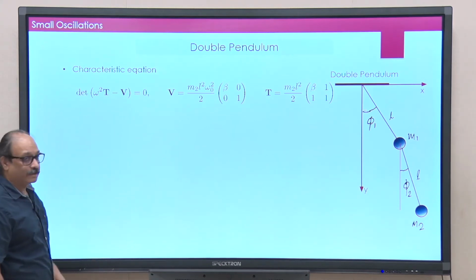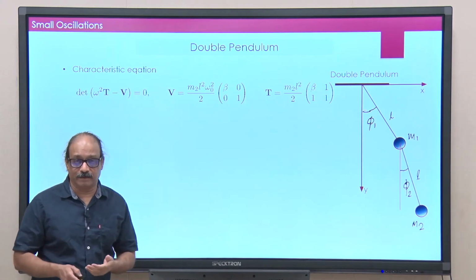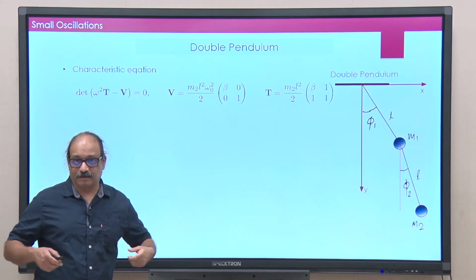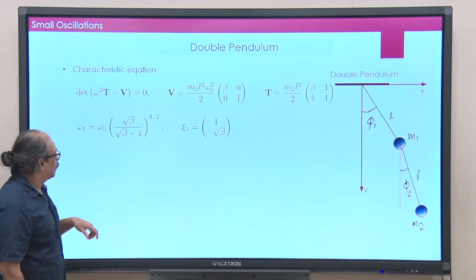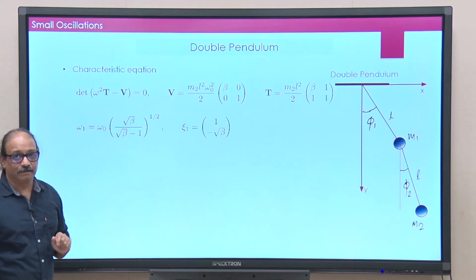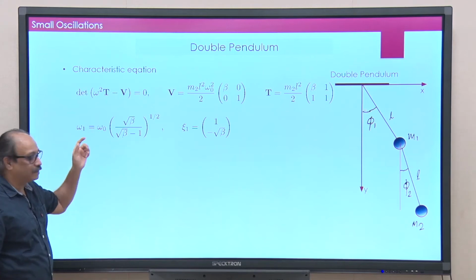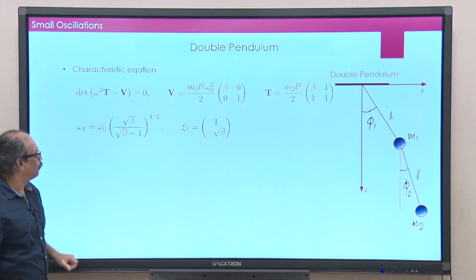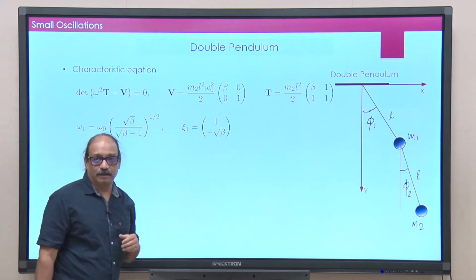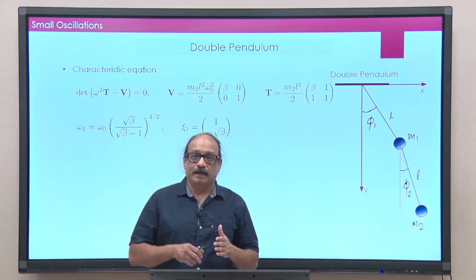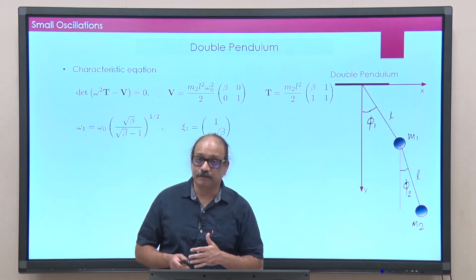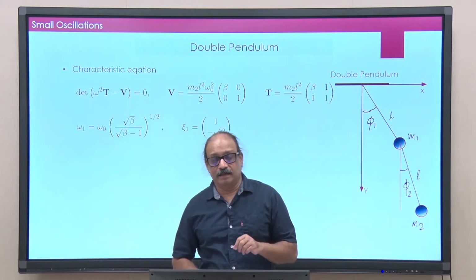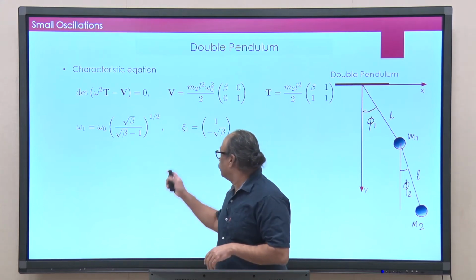So, omega square, it is a quadratic equation in omega square. So, you write down that equation, find the roots of that quadratic equation, and that would give you one of the omega, and it is very easy to calculate though. So, omega 1, one of the eigenvalues, turns out to be omega naught into square root beta divided by square root beta minus 1, and the corresponding eigenvector, which is unnormalized, comes out to be 1 and minus square root beta. Okay. And how do I find this xi 1?